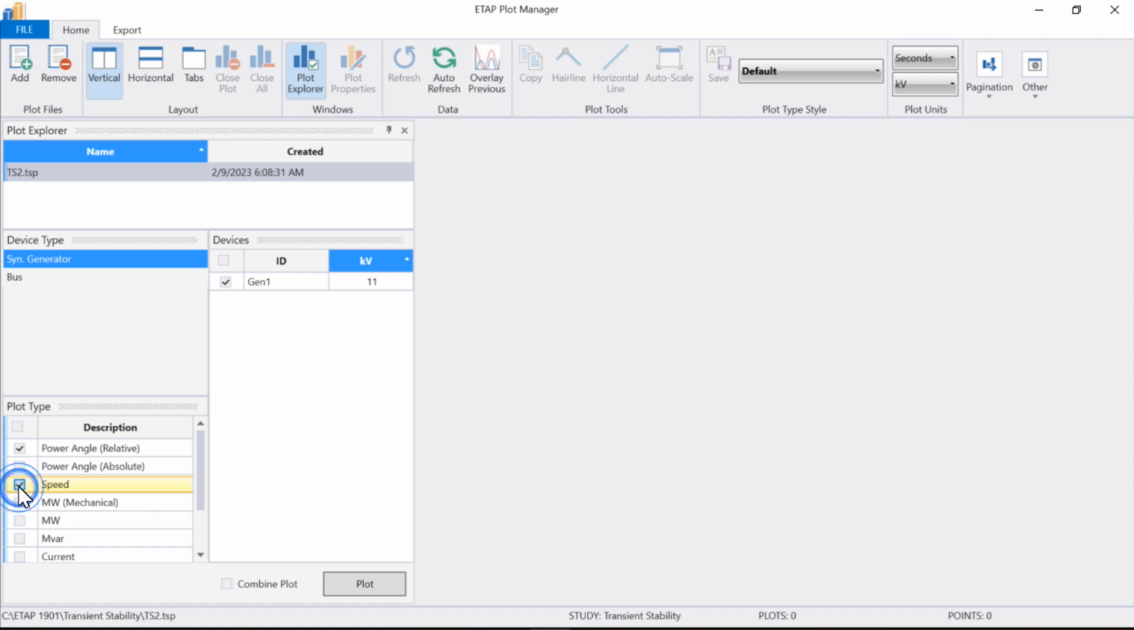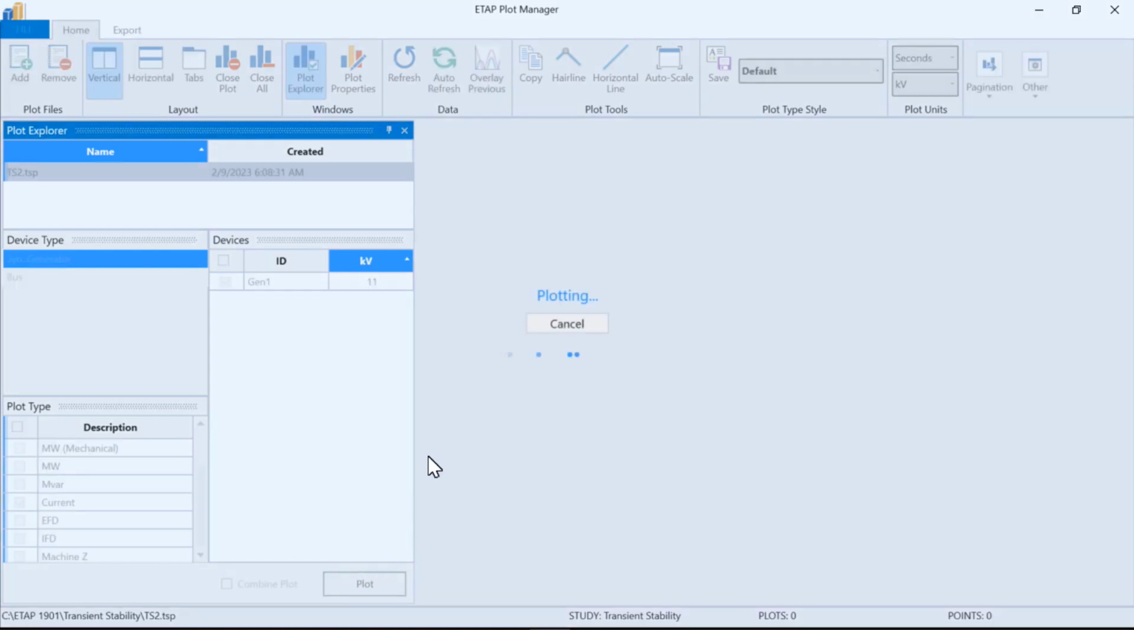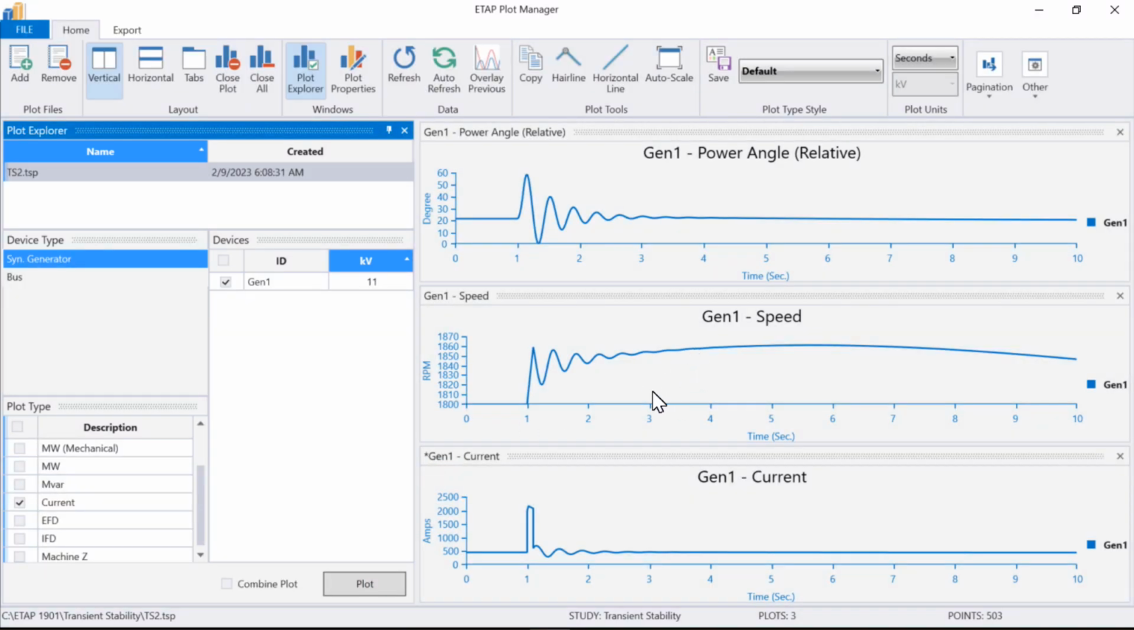Let's see speed and also probably current. And you just click plot, then the power. The ETAP plot manager will plot this really nice diagram for you. So as you can see, the fault happens on 1 second, and